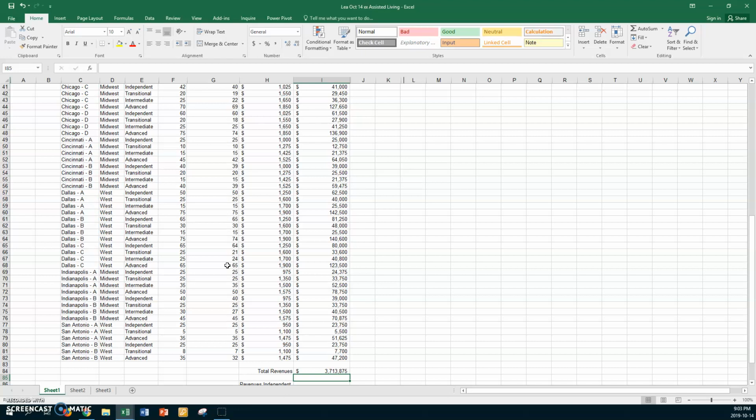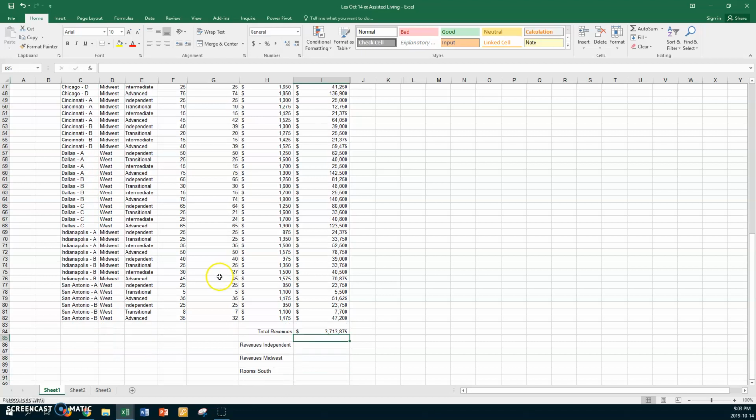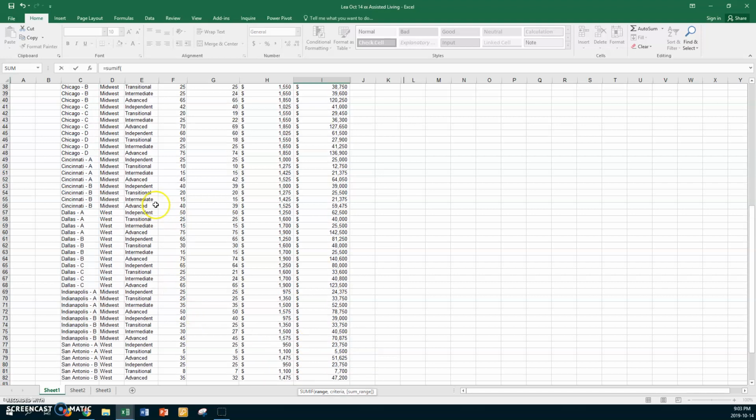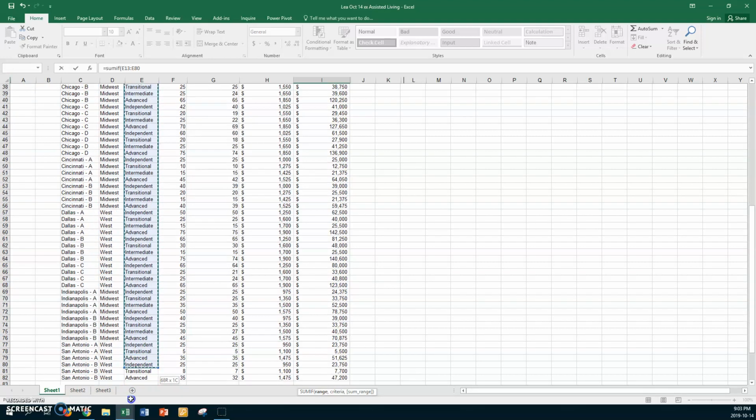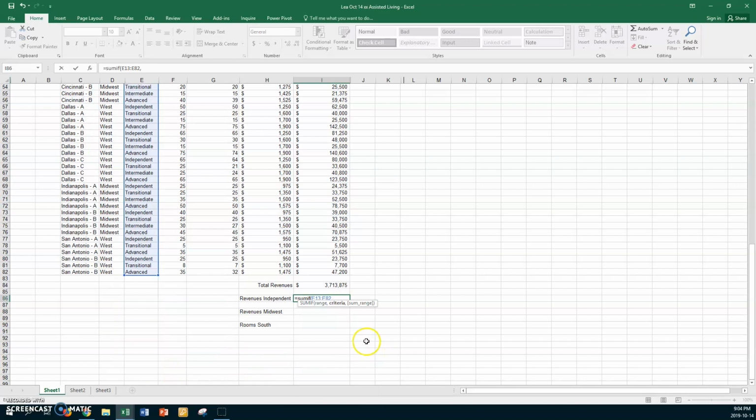Now the next one we want to do is use a sumif statement to create a formula that totals the revenues for independent care only. So I've got a cell here, revenues independent, so we're going to put in equals sumif, only one criteria, and our criteria is independent. Then we have to select from E13 down to E82, comma,